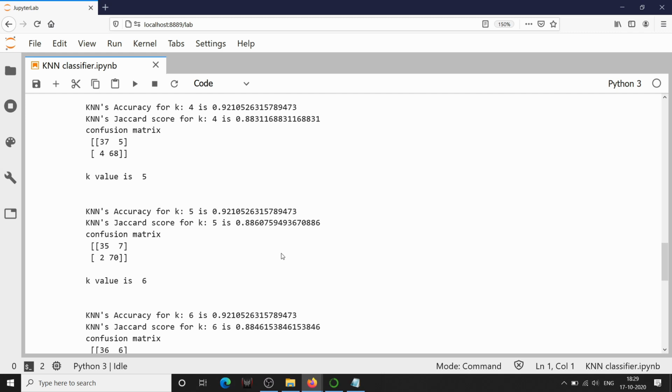So we have implemented the KNN classifier in Python language, and we have evaluated the performance of KNN classifier for various k values. So that's it for today, and in the next video we'll be discussing k-means clustering, and